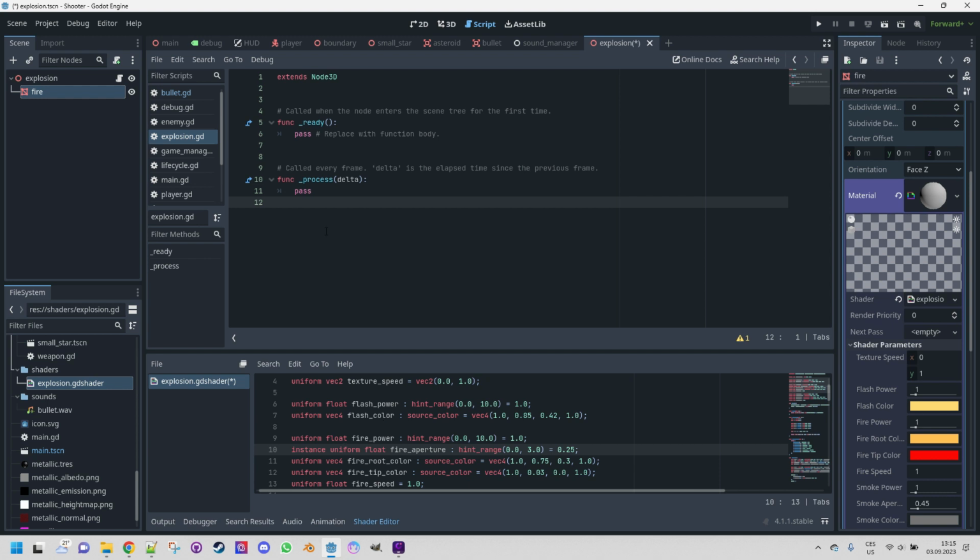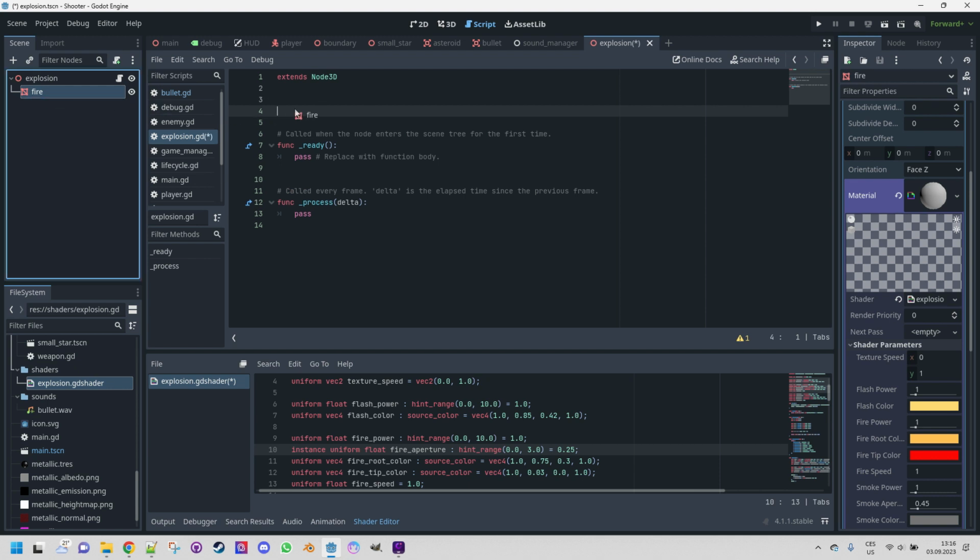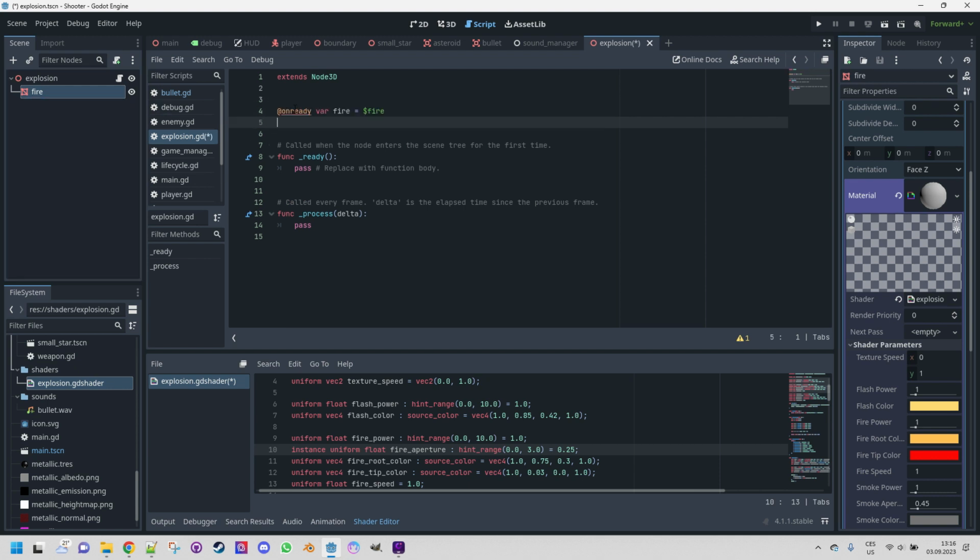So now, with the explosion effect in place, next step is to gain control over it through code. The control will enable us to manipulate the fire's expansion and contraction according to our desired behavior, so it would really look like an explosion. Let's open the script explosion.gd, it is here, and insert new code into it. So this time we will keep the function ready because we want to actually set up something here. Let's drag the property, the node fire is control,